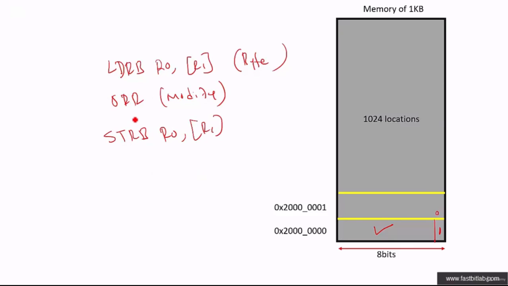Even if you just want to touch a single bit of the memory location, you have to first use byte access, modify it, and then again use byte access to store it back. That's the normal method. But if you use the bit band method, you just use